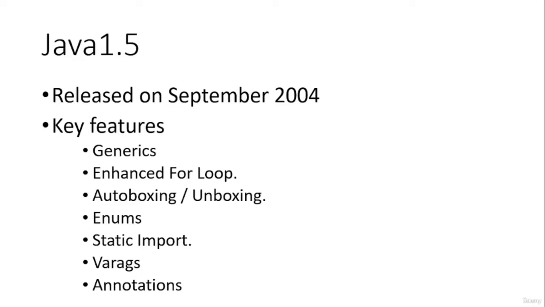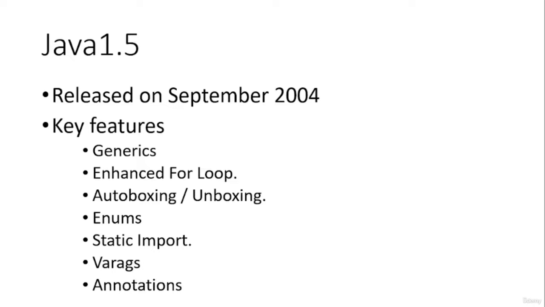Next thing which we will need to mention is the enhanced for loop. The enhanced for loop allows us to iterate over a particular collection in a more easily accessible form. The for loop is available in Java, but the enhanced for loop is a new enhanced version which was introduced in 1.5.